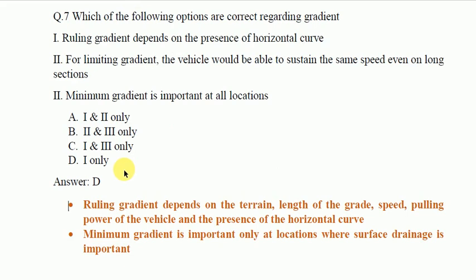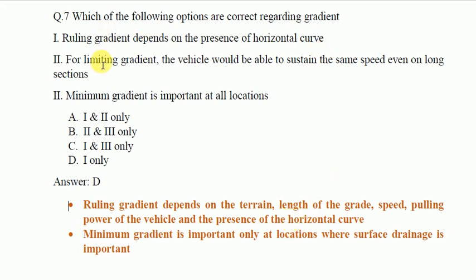So as we know, ruling gradient depends on terrain, length of the grade, speed, pulling power of vehicle, and the presence of horizontal curve. So statement 1 is correct.